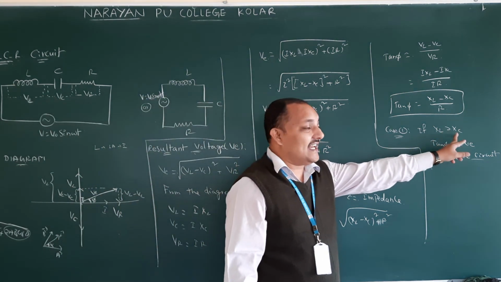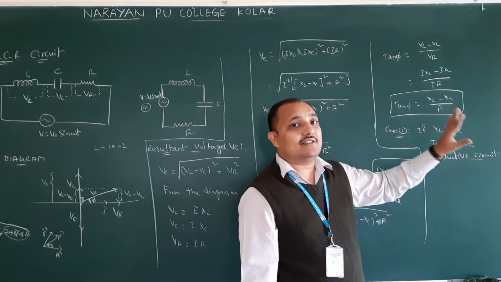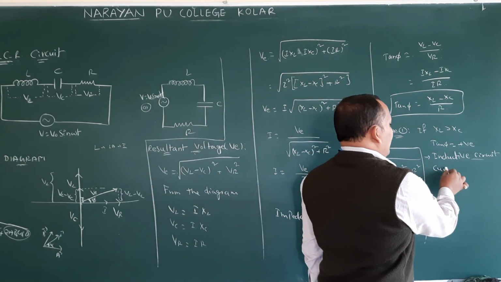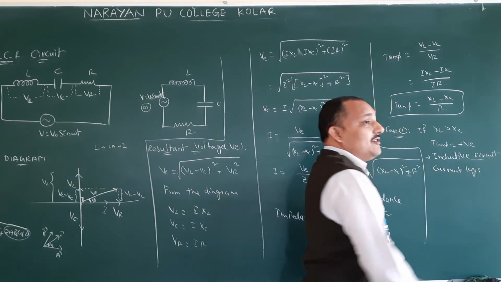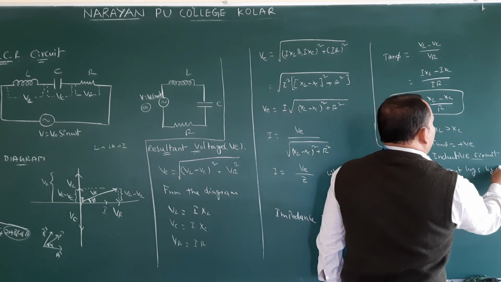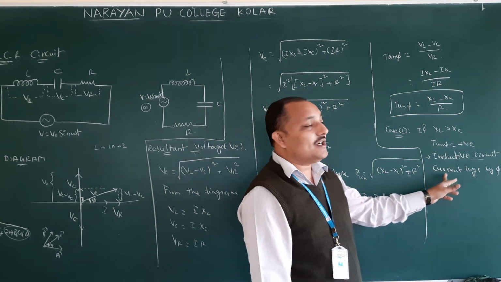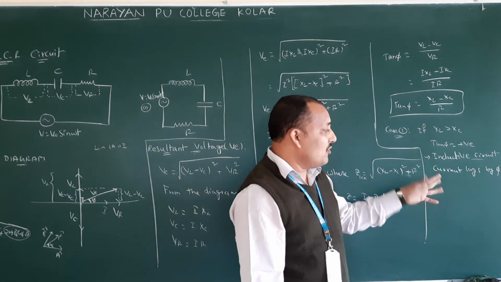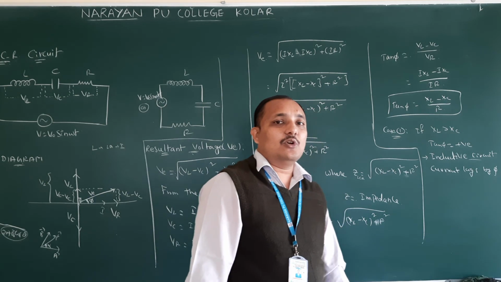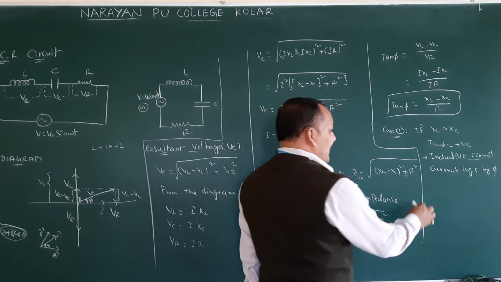So if XL is greater than XC, that is an inductive dominating circuit. In the case of a pure inductor, current lags by pi by 2, but here current lags by how much angle? Phi. Current lags by phi, that is nothing but voltage leads the current by phi. Aren't both the same? Current is lagging by phi angle means voltage is leading by phi angle. Both are the same where XL is greater than XC. Very, very important. One more question we may get. Case 2.